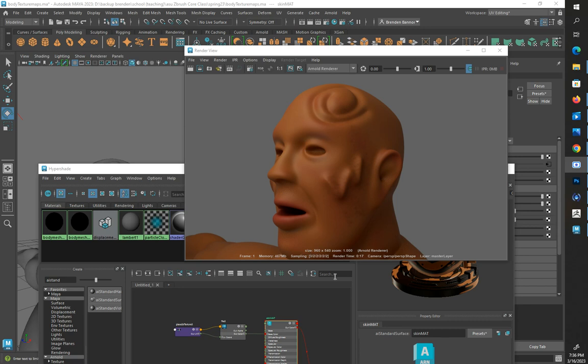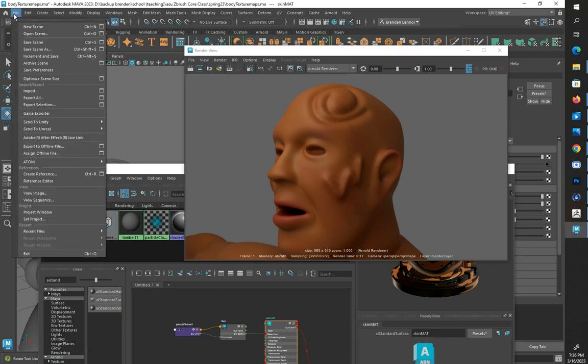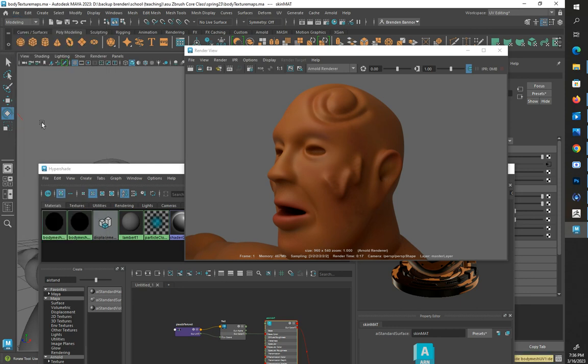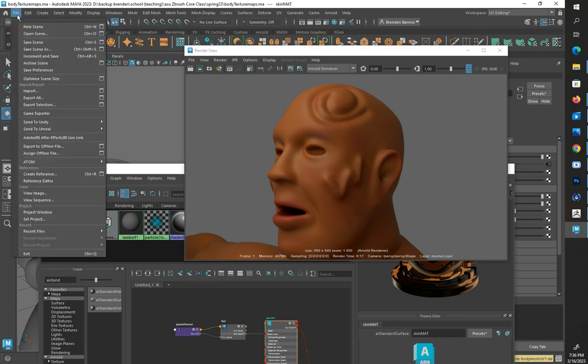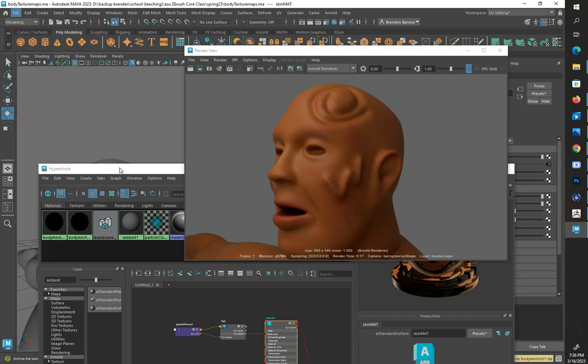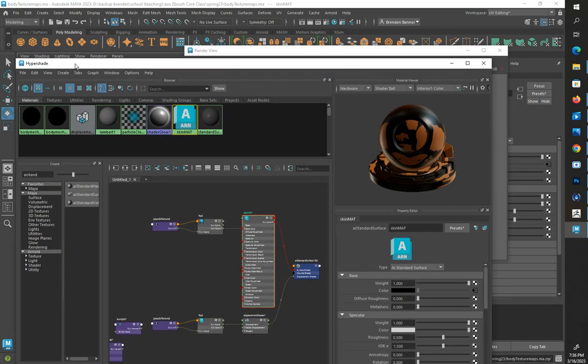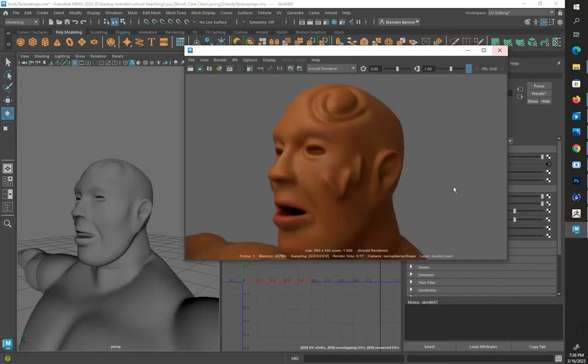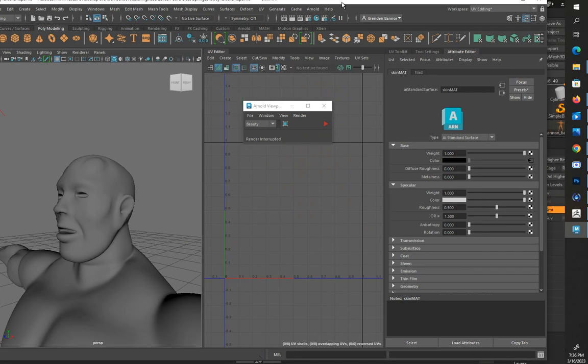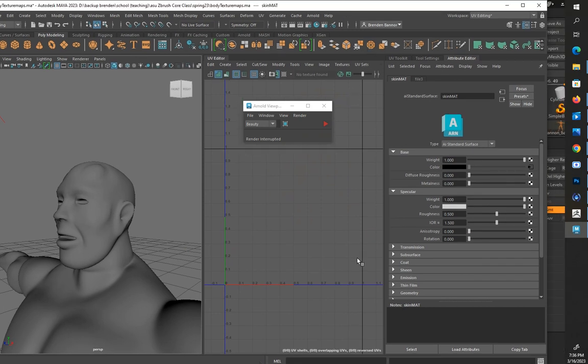You know, we could do more, right? If you've messed around with Maya at all, you could probably do some stuff with some subsurface scattering. But we brought this over. We've applied a normal map, we applied a displacement map. We've added our texture. We're going to go ahead and do a File, Save Scene. I want to go to File, Archive Scene. As you know, archiving it will, here, I'll close this out and this out. Our File, Archive Scene